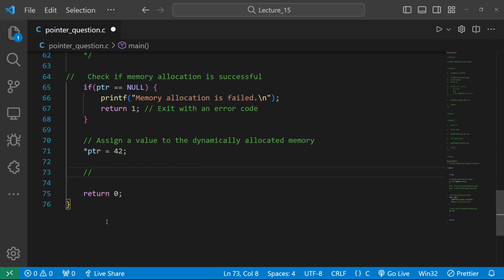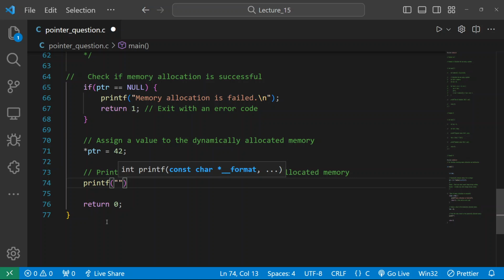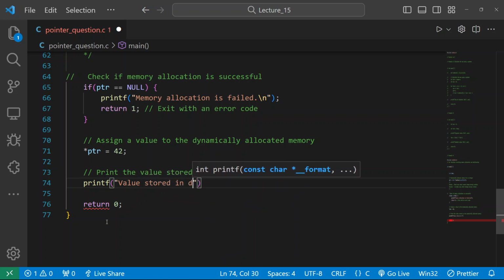Now one thing that I will be doing is the task of printing it. To print the value stored in the dynamically allocated memory. So a simple thing, as you can see above, we have allocated a memory. So how do we need to print it? How will we be printing? Writing a simple printf statement. Value stored in dynamically